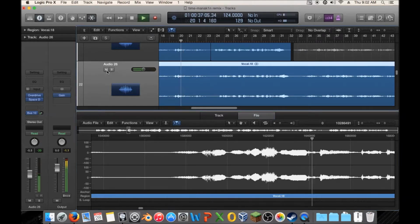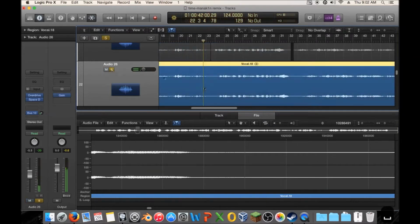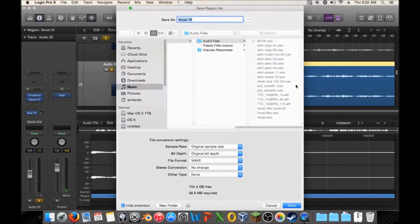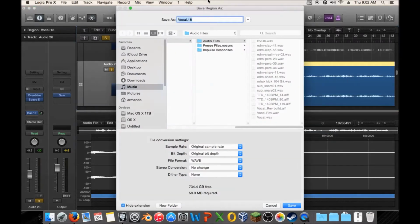So we're back here. So we're back to having it right. So now I need to do convert to new audio file. And actually, I should show you that's not going to pop up right here unless you've used it. This is like your most recent. So what you do is you would go to convert down here and convert to new audio file. And then I'm just going to go, the easiest way to do this is